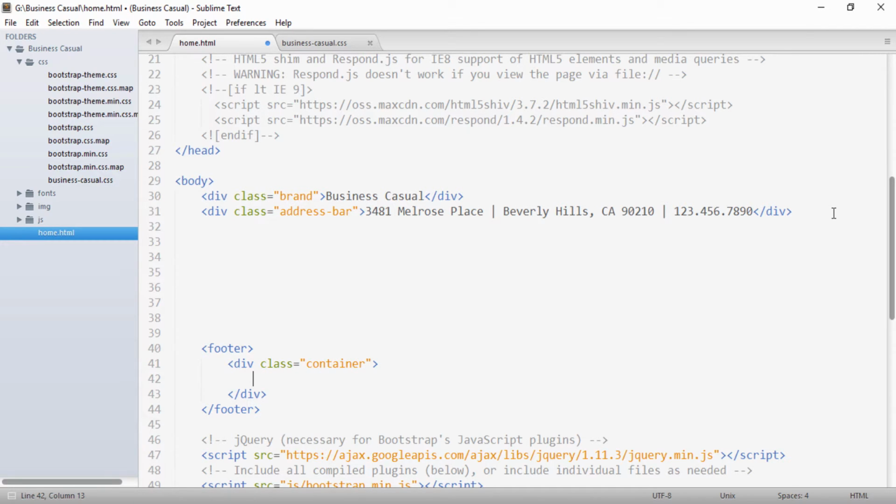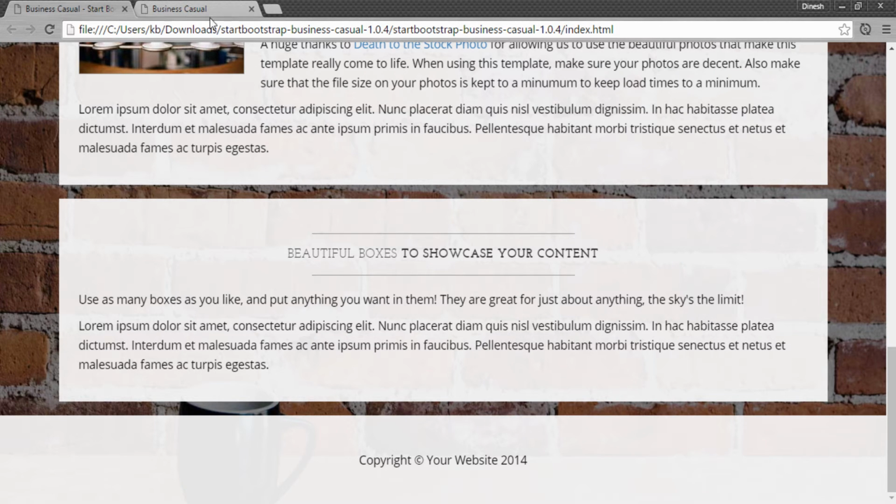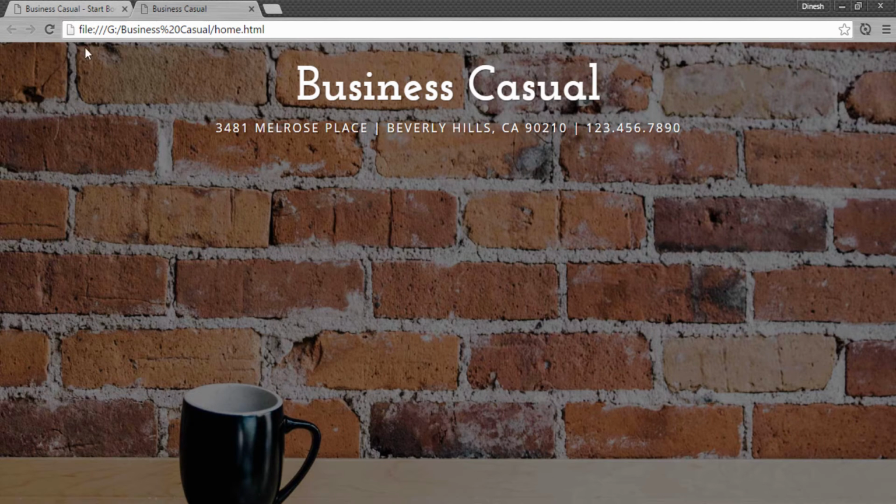Inside this container, suppose I type something, say, "this is a footer", and if I save it and go to the browser, here you will see that "this is a footer" comes here.